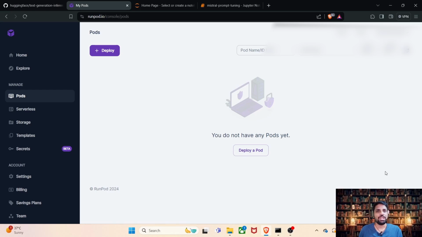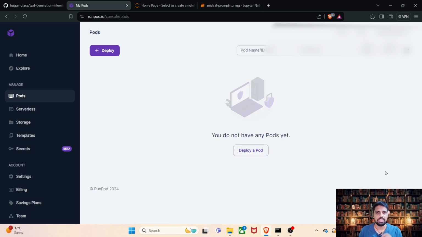Hello everyone. Today we are going to discuss the steps involved in deploying open source large language models in Runpod.io. With a lot of open source LLMs getting released day by day, when we want to perform a benchmarking test or perform quick rapid prototyping, Runpod.io is very handy. So today we are going to see how we can deploy the Mistral 7 billion model in Runpod.io using text generation